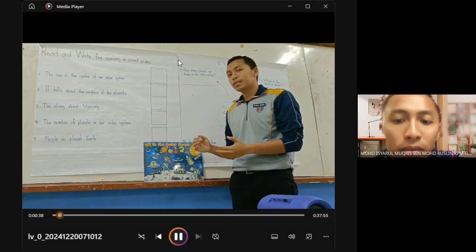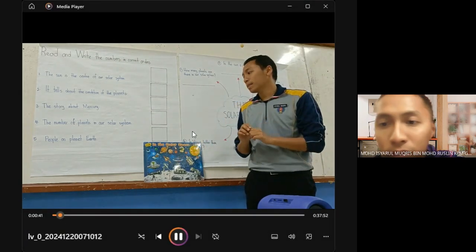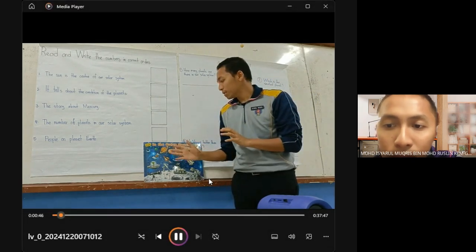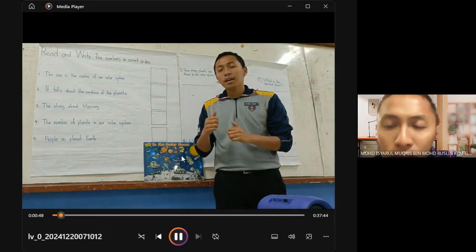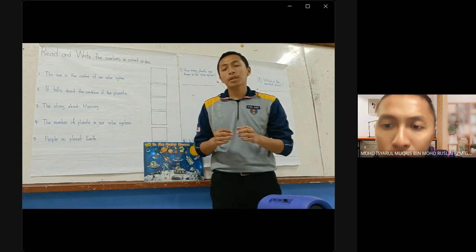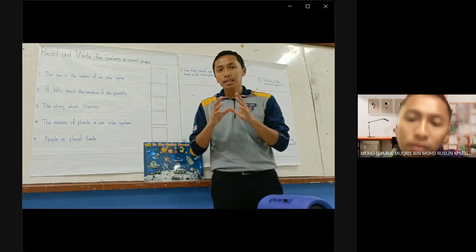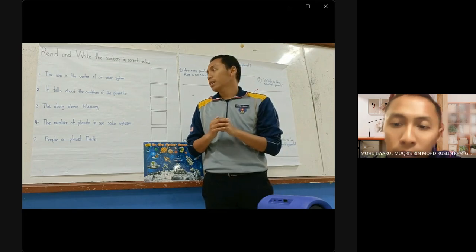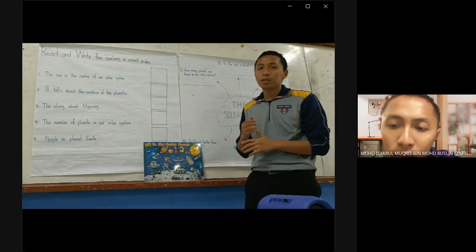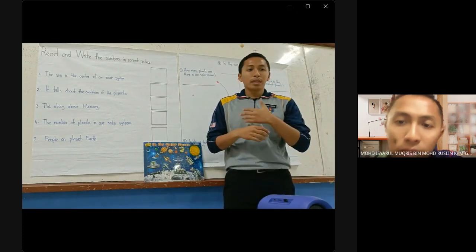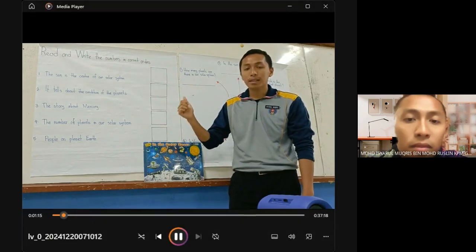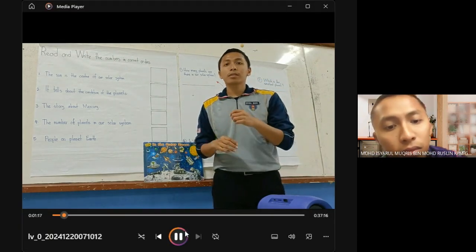As you can see here, I named this teaching kit the In the Outer Space teaching kit. Why do we focus on space? Because I focus on the Year 3 curriculum under the topic of the world around us. Under that topic, we have to teach our pupils about the solar system in our world. So the main skills for this teaching kit, and later my lesson, will be reading